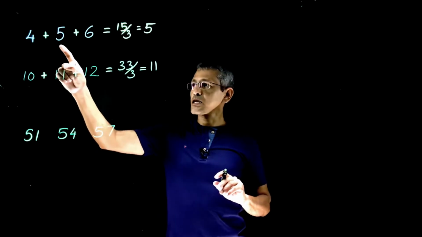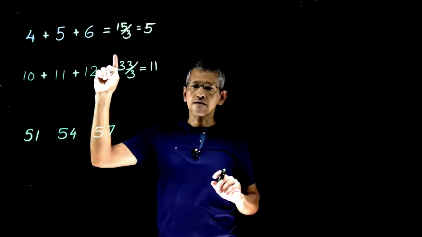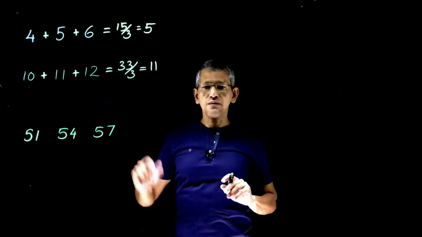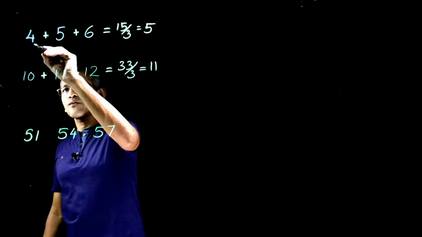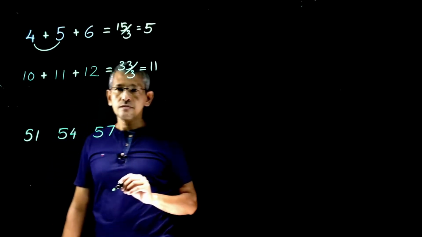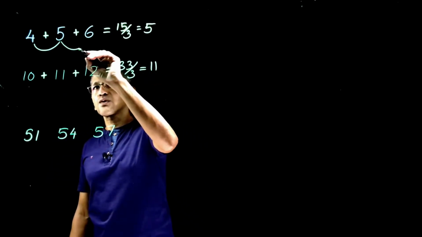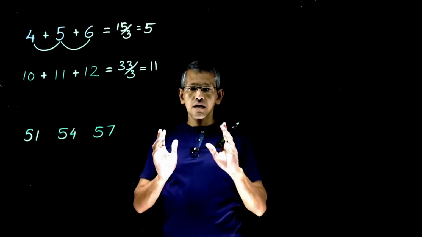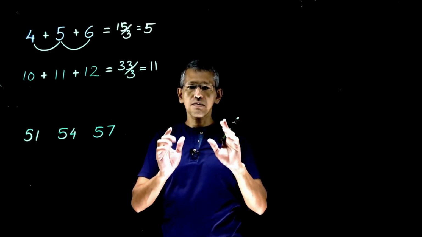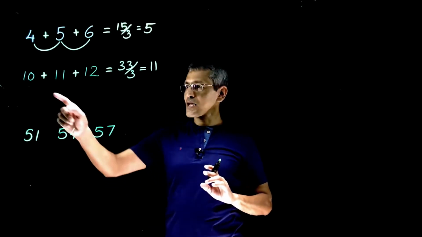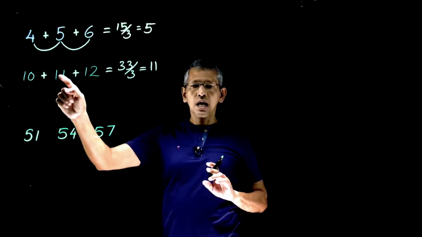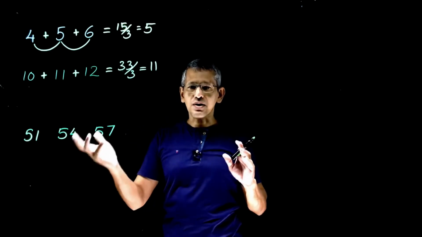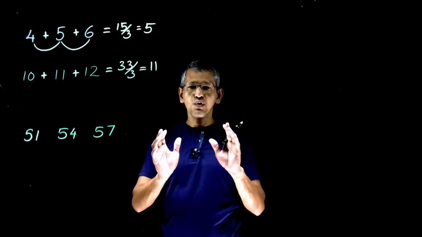You know what, here there is a peculiarity: 4, 5, 6. What's the average? 5. So 5 is the middle number. What we see there: 4 and 5, the difference is 1, and 5 and 6, the difference is 1. So it's equal difference. So 3 numbers with equal difference, then the average of the 3 numbers would be the middle number. Same thing here: 10 plus 1 is 11, 11 plus 1 is 12. Equal difference. So if you have 3 numbers or 5 numbers, the middle number would be the